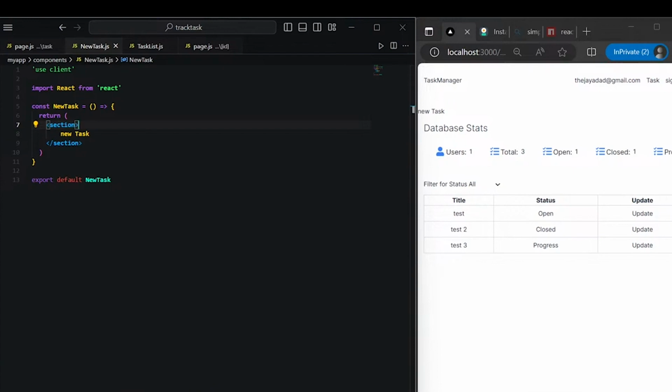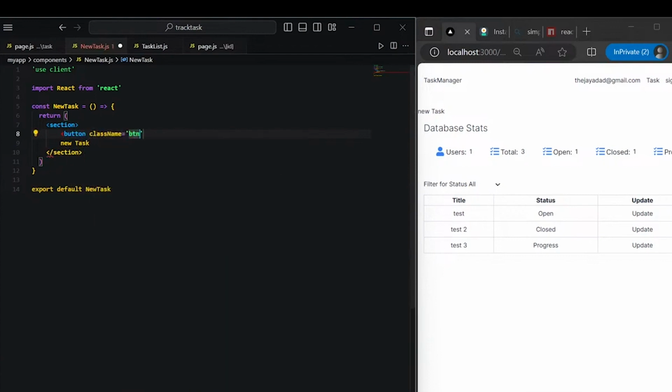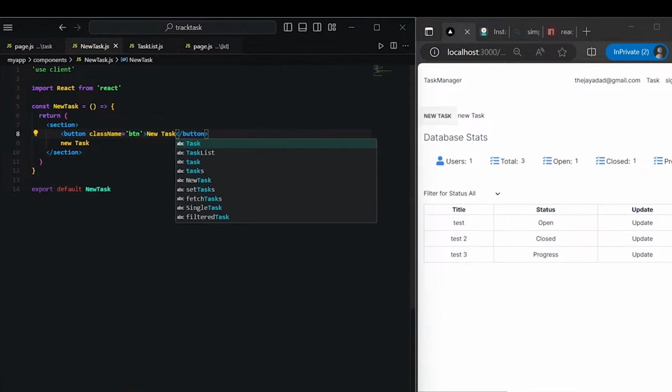So let's go with adding in a button underneath this, and we'll give it a class name of btn, and we'll go new task. All right, so now we see we have the button from DaisyUI,